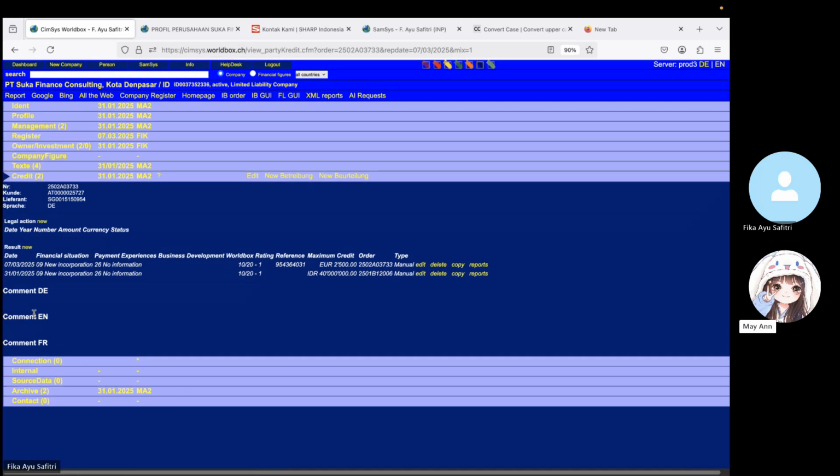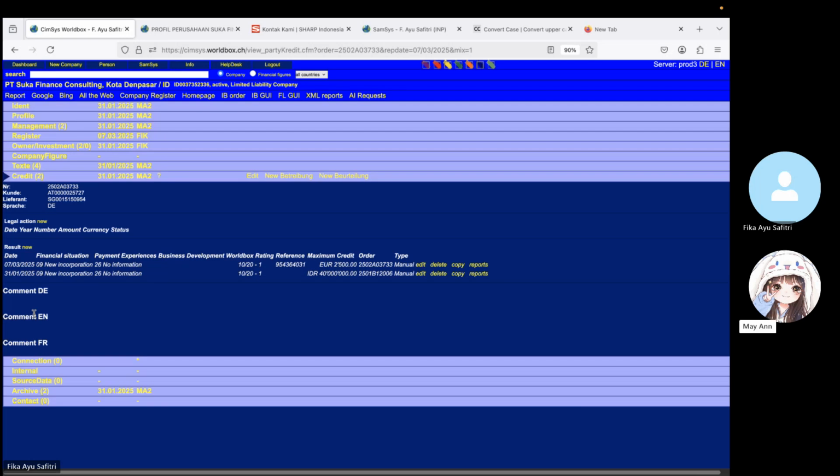That is for KSV. But commonly for the normal credit report, we only select report. But since KSV is a special case that they use the German language, we use the mixed report format so that all of the information will be included in the report.